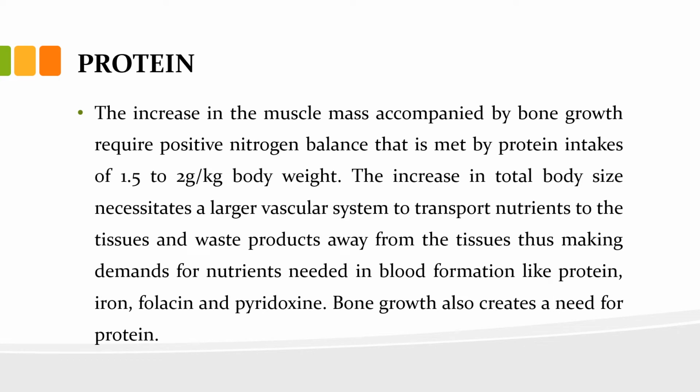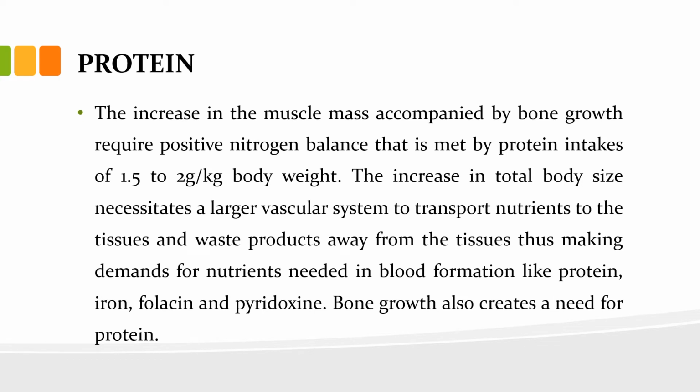Now let's begin with the first nutrient, that is protein. The increase in muscle mass accompanied by bone growth requires positive nitrogen balance, that is made by protein intake of 1.5 to 2 gram per kg body weight. Now you may do the calculation. If it's 2 gram per kg, then for 10 kg it is 20 gram, and of course you may do the multiplication. So likewise our body requires